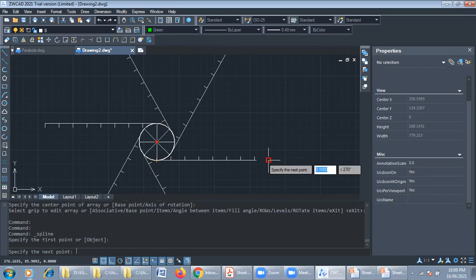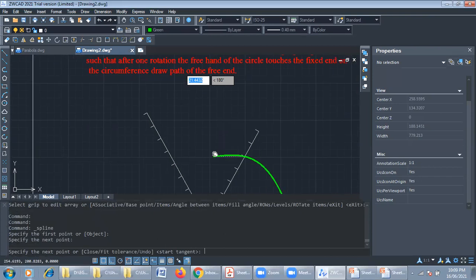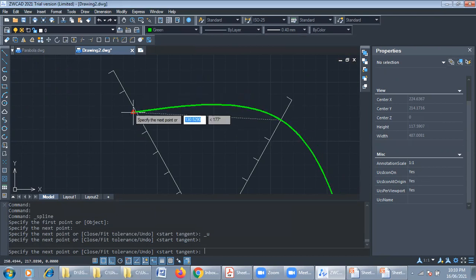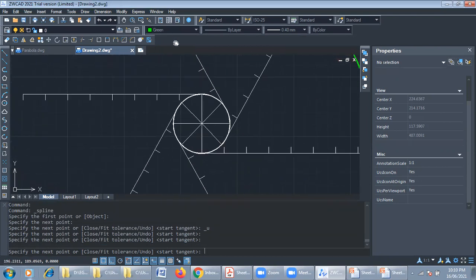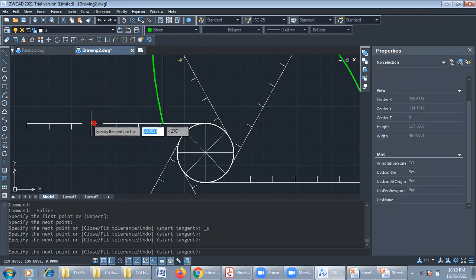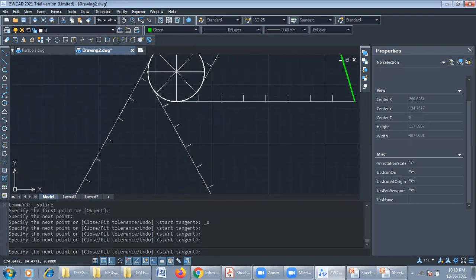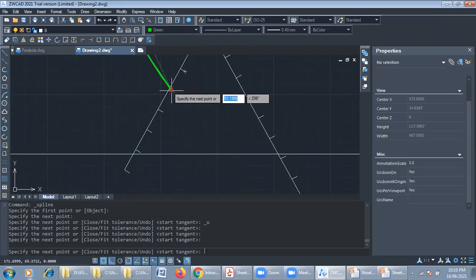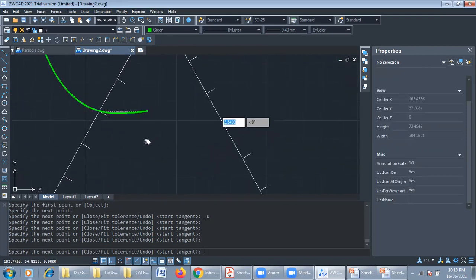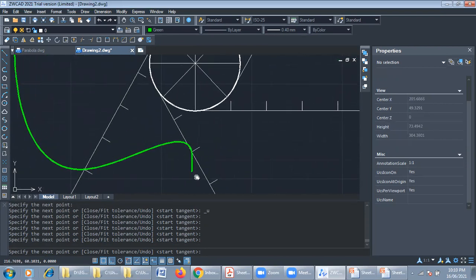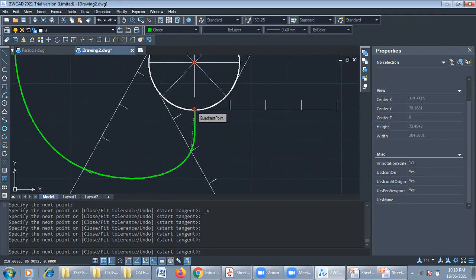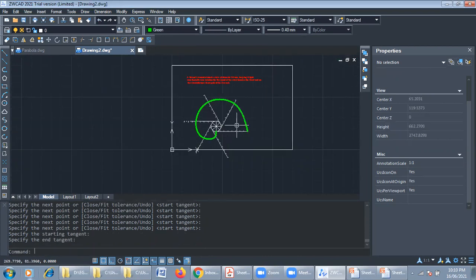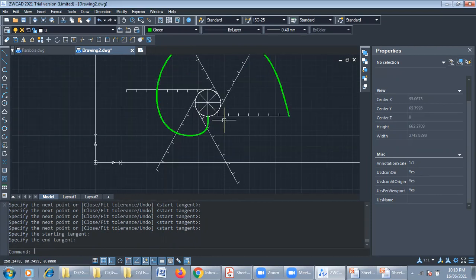So the first point and second point, then I can, sorry, this is not second point. So this is second point, then third point, you can say. So this is the fourth point, you can say. After the fourth, 1 2 3 4, fifth point, you can say. Sixth point, you can say. Last one will be this end point. So double time enter. So this way we can say this is the involute of your circle.